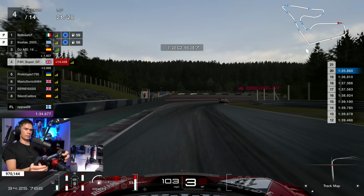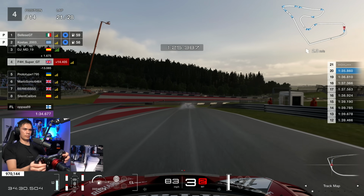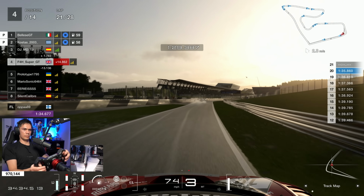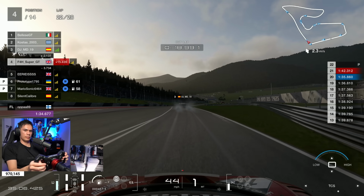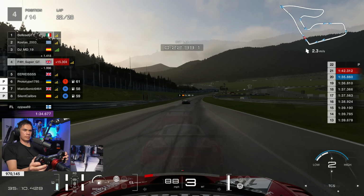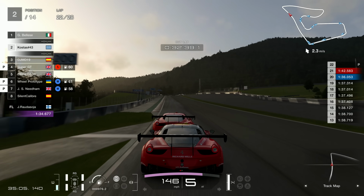This is the end of lap 21, opting therefore to come into the pit lane. The conditions were exactly the same as the first race, so we all know when to come into the pit lane and what the strategy is, which is of course to come in, end of lap 21, change onto the soft tyre, and then this is the dangerous bit, as I will showcase here, because this has cost us in